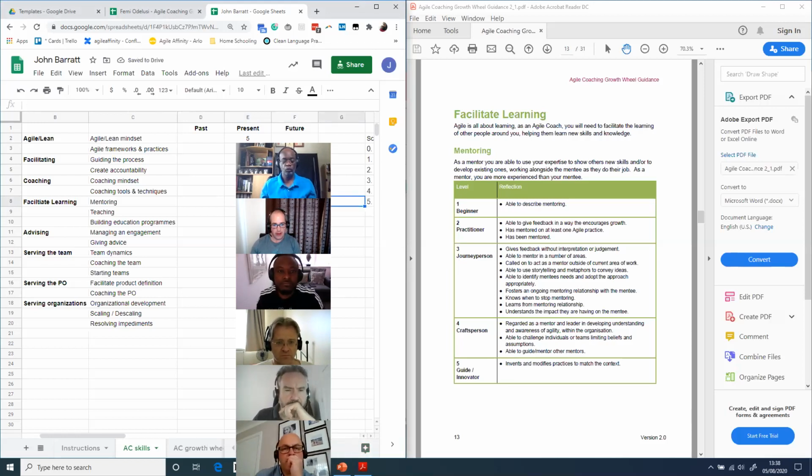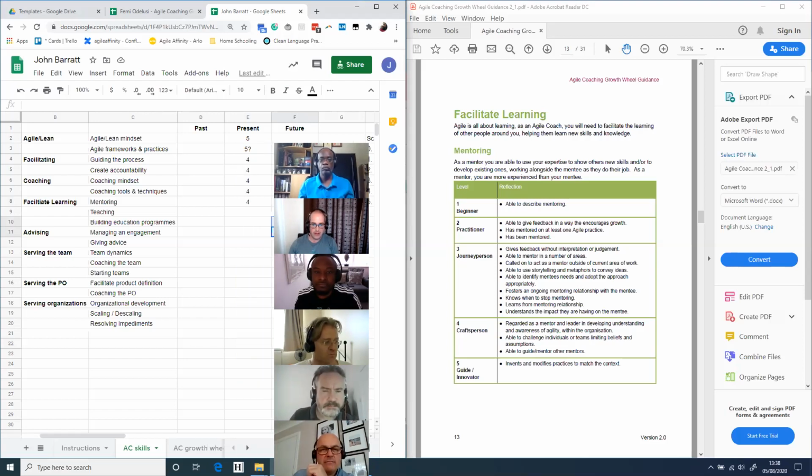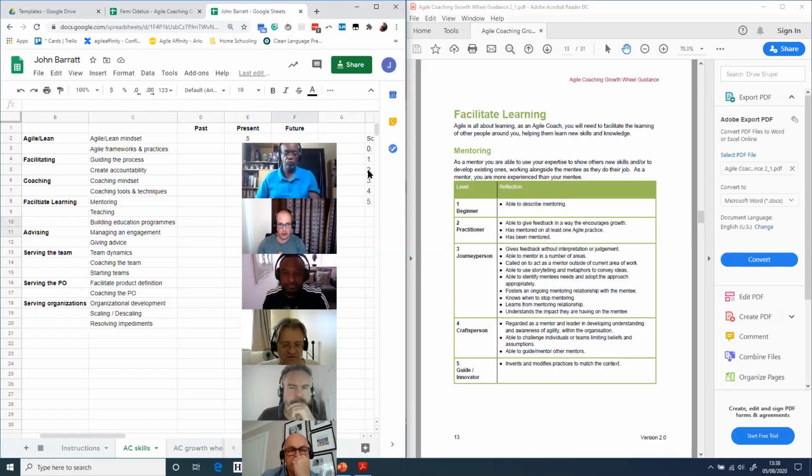The other thing to remember when you fill this in is that you don't need to be a 5 in all areas. In fact, it's impossible. There is no Agile coach in the world that I know of that would be a 5 in all of these areas. And so I'd encourage you not to have that as your goal. If we think about software development in general, we talk about being T-shaped or E-shaped or pie-shaped. And that's definitely what I've found the most pattern here. So you're going to have deep understanding and knowledge in one area and enough knowledge in the other areas to get by and help and support organizations.